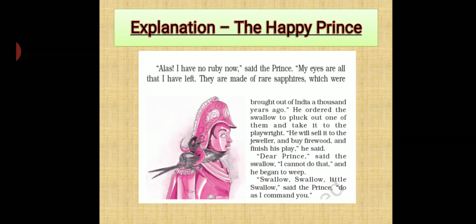"Alas, I have no ruby now," said the prince. Now, the prince is saying that it is very sad that he did not have any more ruby stones with him. "My eyes are all that I have left. They are made of rare sapphires which were brought out of India 1,000 years ago." So Happy Prince said that now he had his eyes which were made of very precious and rare, means very few,